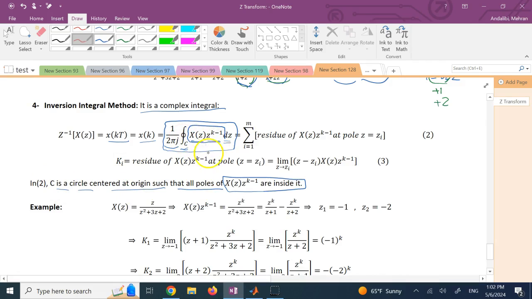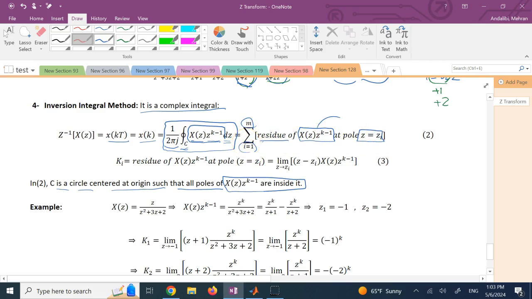If you watch my video on the playlist Engineering Mathematics, I have two videos on complex numbers. In the second one, I talked about solving complex integrals. And the answer is using things called residues. So what you need is to find residues of this integrand at the poles of it. So if this has a bunch of poles, m of them, and each pole is called zi, if you find the residue of this function at each and every one of those poles and add them together,